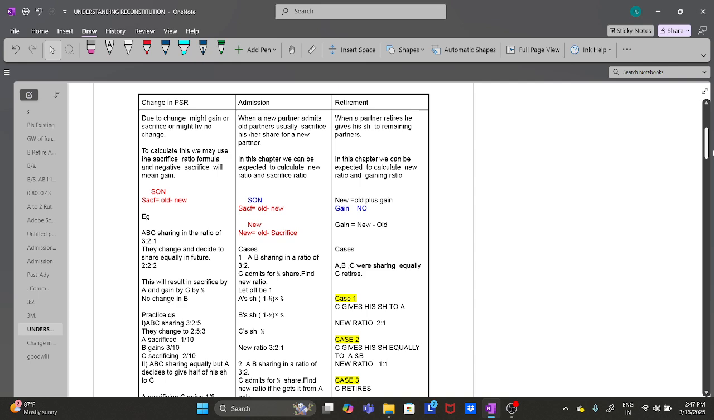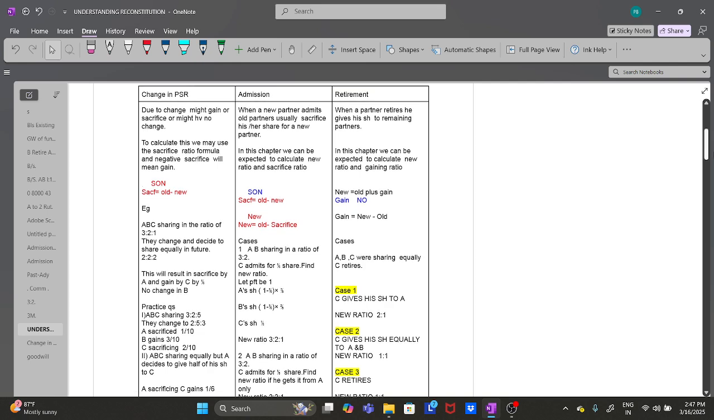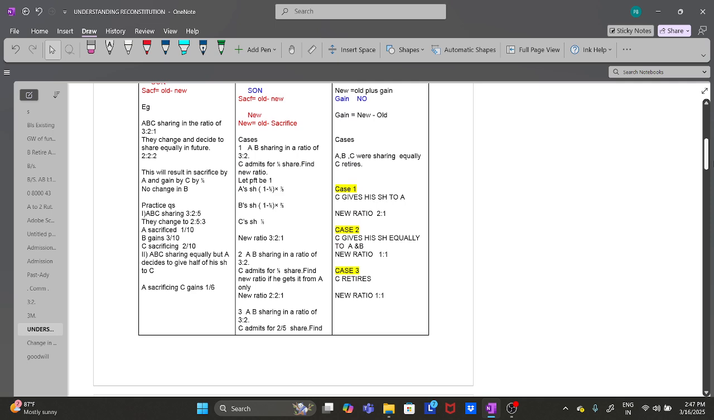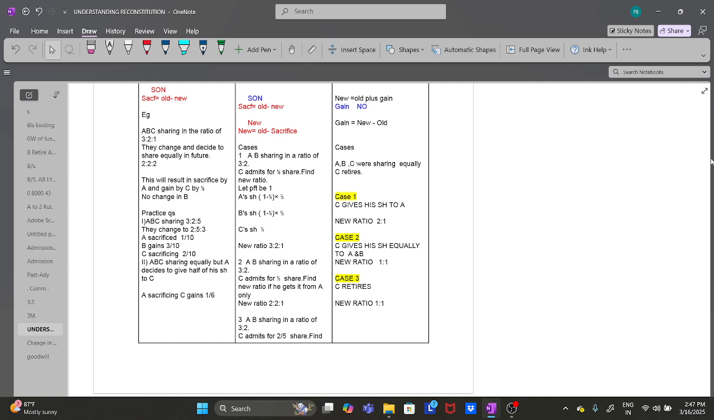There are different possibilities for that. All typical cases we have tried to cover here, which you already know of. Like A and B are sharing in the ratio of 3:2. C admits for 1 by 5 share, find the new ratio. So 1 minus 1 by 5, 4 by 5, divide that in the ratio of 3:2. So that type of questions, or if in retirement we cancel that person's share, and in change in ratio, if